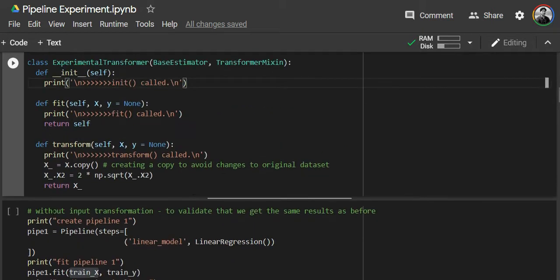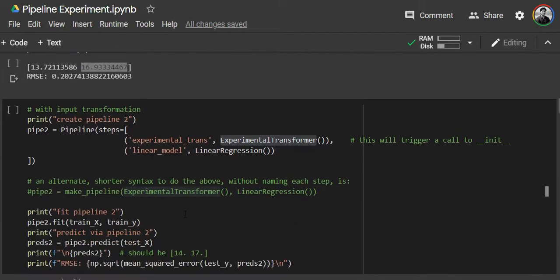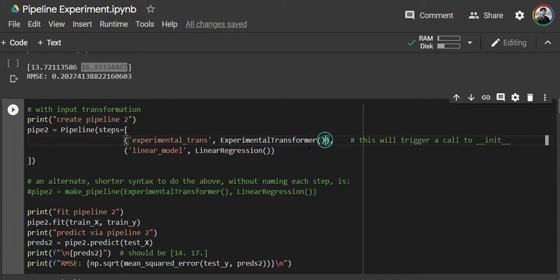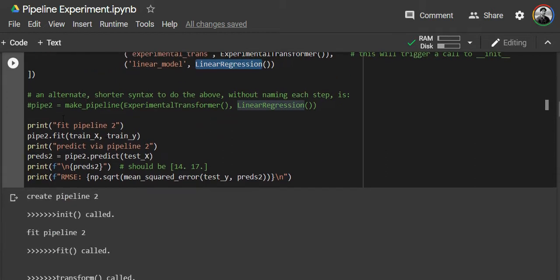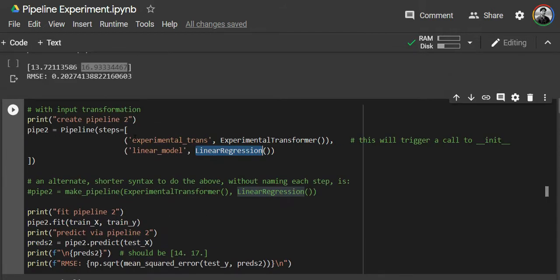Okay, now having written this basic code of init, fit and transform, let's see how we call it. So this you saw. In the steps we added this much on top of the linear regression. What it does is it will call this, and whatever results you have returned from transform is passed on to linear regression for applying the model. I have given print commands everywhere so that I can understand what is called when. I needed to debug it on a step-by-step basis.